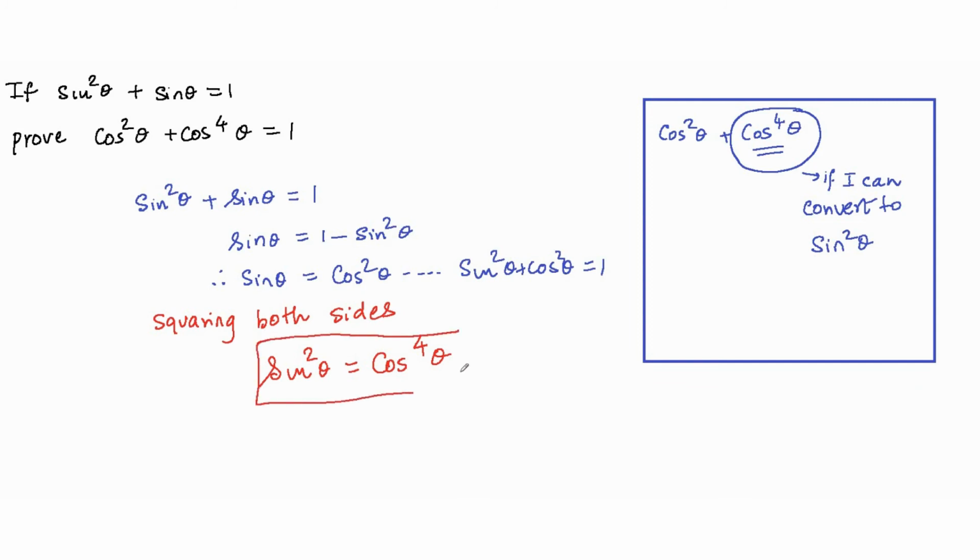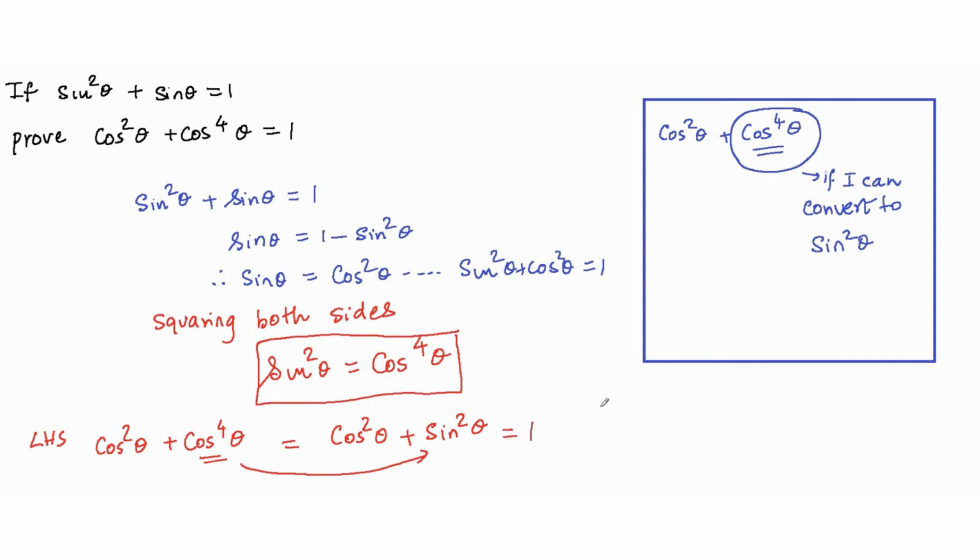Now, this is an important observation, because look at what I have to prove. The LHS is cos square theta plus cos raised to 4 theta. And this cos raised to 4 theta can be replaced by sine square theta, right? So replacing cos raised to 4 with sine square, now I have cos square plus sine square, which is indeed equal to 1. So the technique here that I used was, I carefully observed what I wanted, and then using what I had